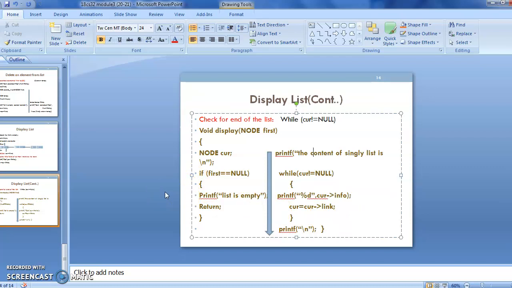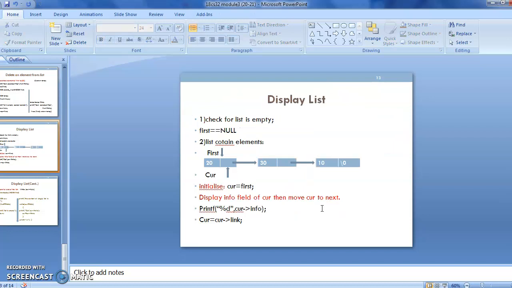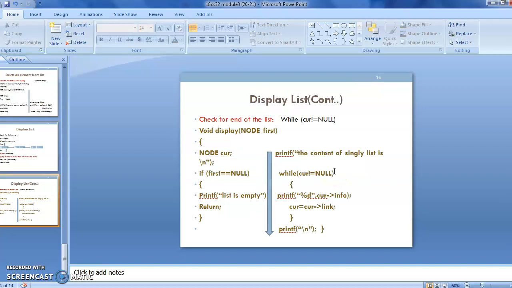Display of a linked list. I have taken current not equal to null here. Whenever this gets updated, current equal to current pointer link, which holds the address of the next link. If I'm to display the next one, current equal to current pointer link, by default it moves to the next one. That time only it reaches the null value. So when we go for displaying the last value, it becomes null.